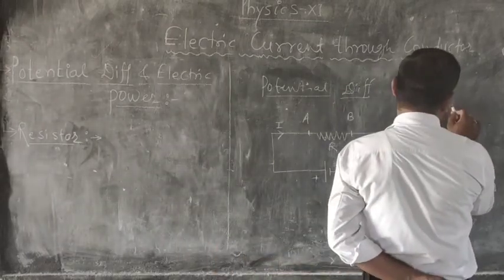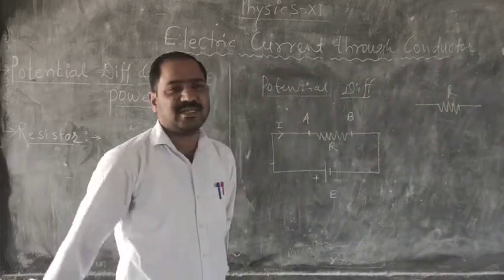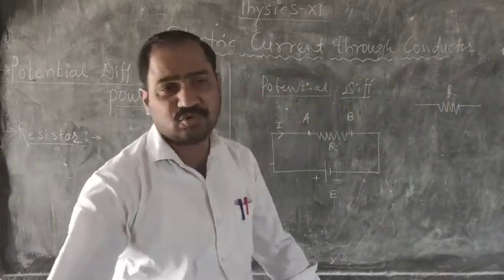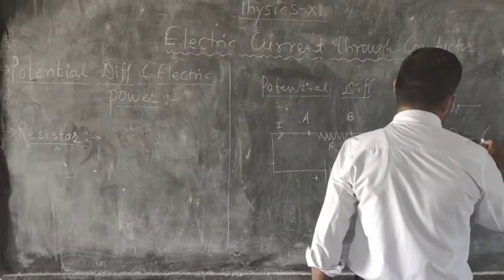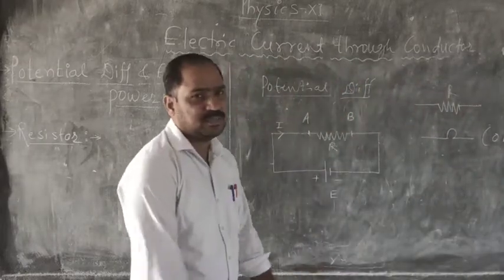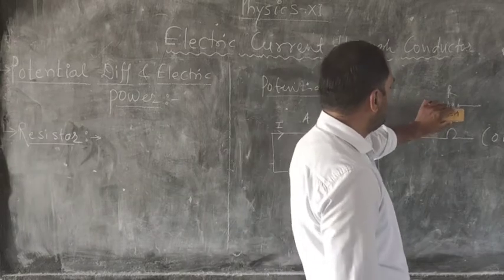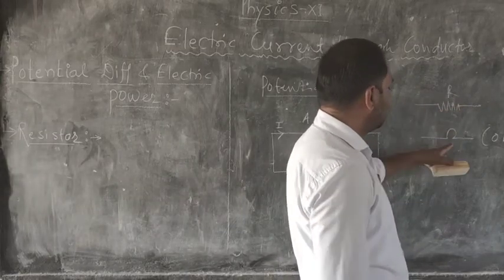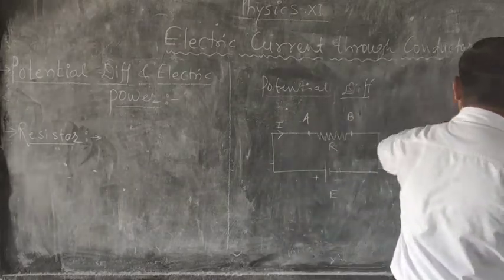This is the symbol of resistor, R symbol, and it is measured in the ohm. कशामध्ये मोजतो आपण? ओहम. It is the unit for the ohm. याला काय म्हणायचं? ओहम. This is the Greek letter ohm, that is the omega. Omega is the Greek letter. This is the symbol of the resistor. This is the symbol of the unit, that is the omega, Greek letter ohm.